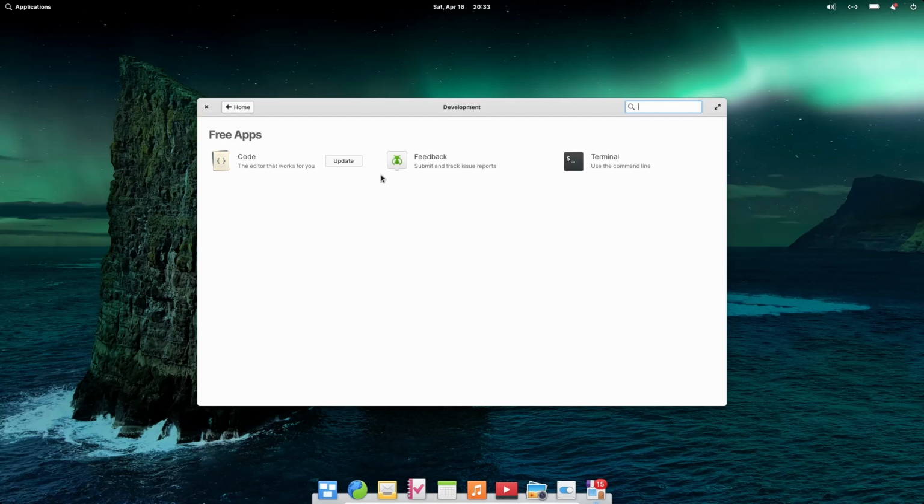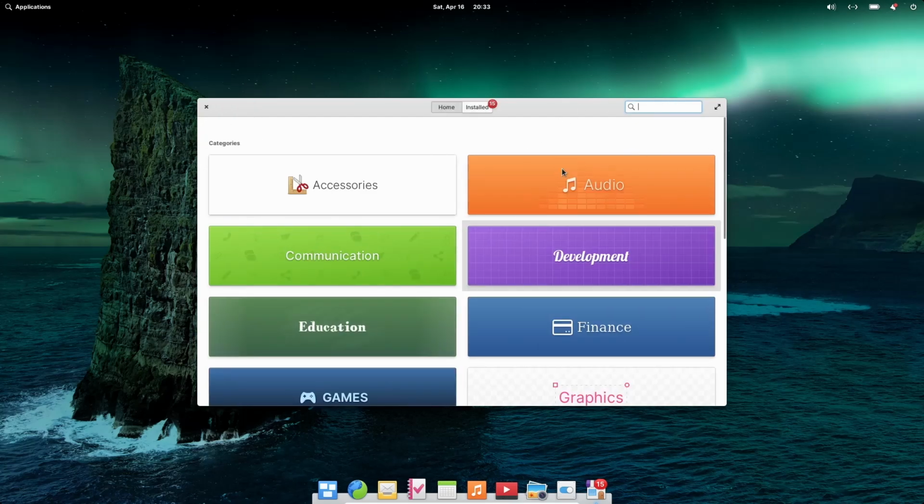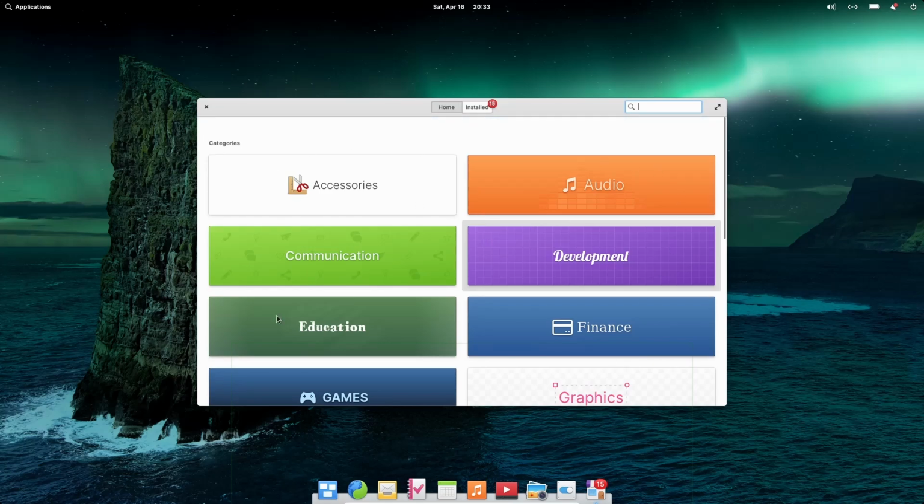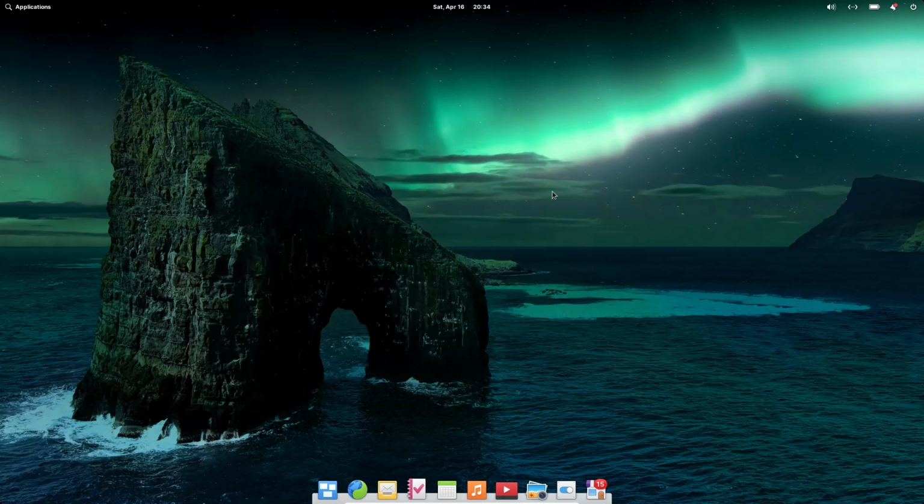Development, code, feedback, terminal, and then you could obviously do searches up here for applications that you want. But I do know that until you get it installed, and the App Center actually updates itself in an installation, the selections you're going to be able to see up here are rather slim, but once you install it and it repopulates all the information it needs to, there's thousands of different applications you can download. So that's one of your options. If you're leaving macOS and you want to come over to Linux, definitely take a look at Elementary OS.